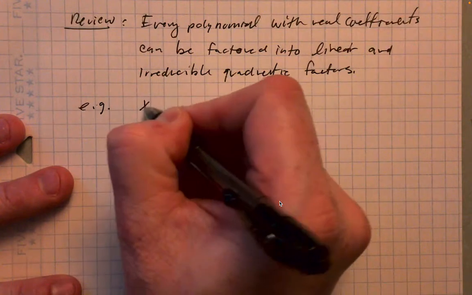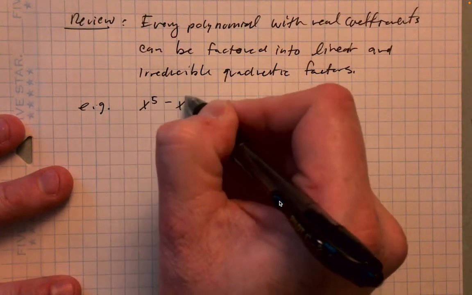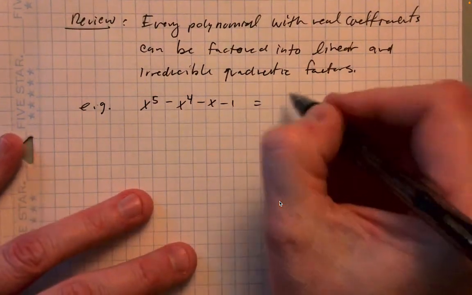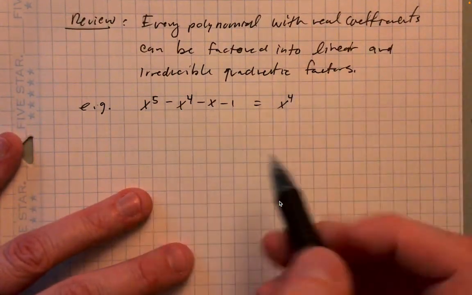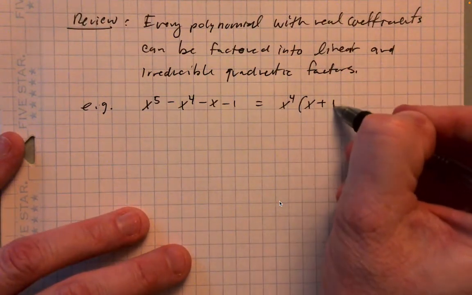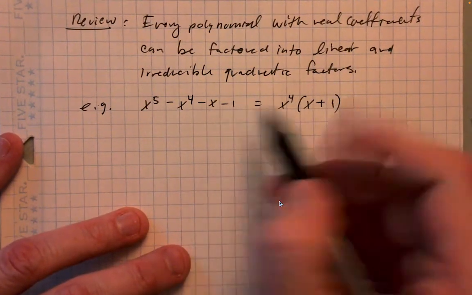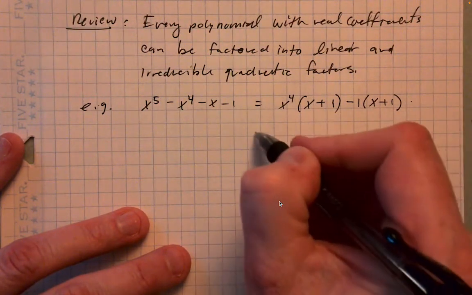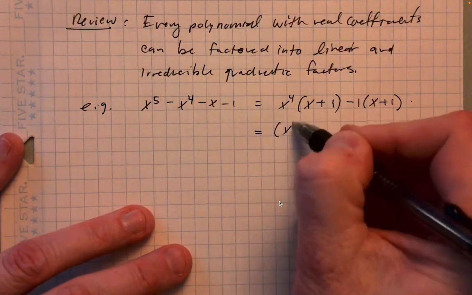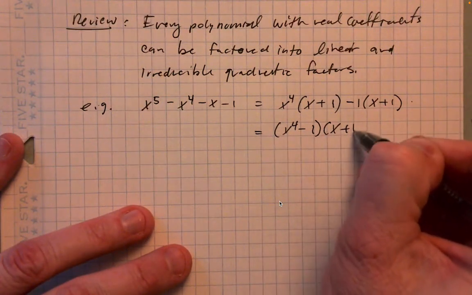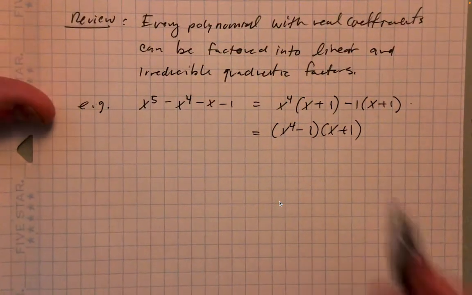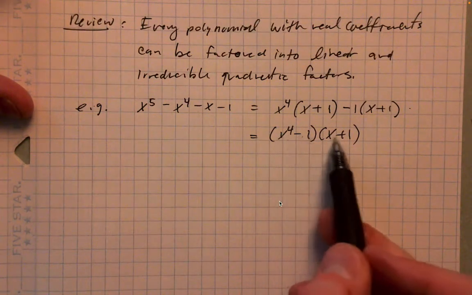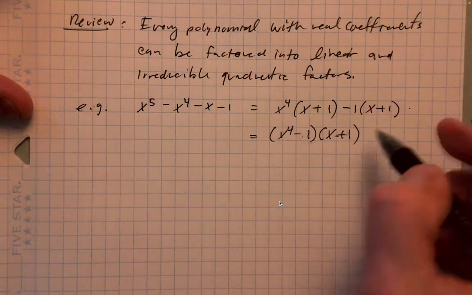x to the 5th minus x to the 4th minus x minus 1. Right, so this guy can be factored as follows. You take x to the 4th and pull that out of both of the first two terms, and you get x plus 1 there. And then let's factor a minus 1 out of the last two terms, and you get another x plus 1. And so that means you've got x to the 4th minus 1 times x plus 1, like so, right? And this guy can be broken down. x plus 1 is a linear factor, so this one's done. This one can be broken down further